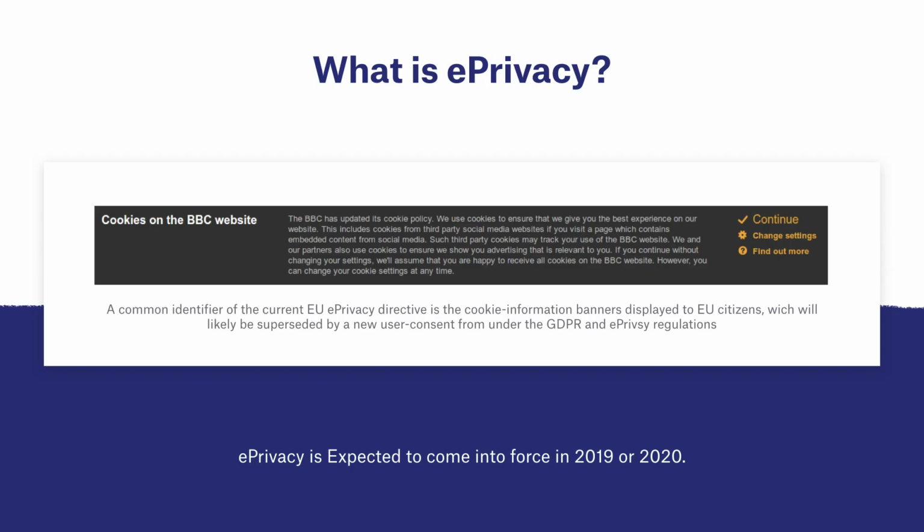For example, a US-based AdTech company that collects cookies from users in the UK would still be bound by the rules of the GDPR. Alongside the GDPR, there is also the e-privacy directive, which is another piece of EU legislation that also aims to protect the data and privacy of EU and EEA citizens and residents, but with a stronger focus on respecting their private lives when using electronic communications. The e-privacy directive came into force in 2002, which resulted in cookie banners displayed on EU-based websites informing users about the use of cookies on the website. However, since the GDPR came into force, these cookie bars have been replaced by consent forms. We'll talk about them later.